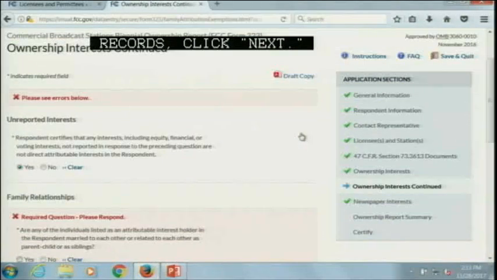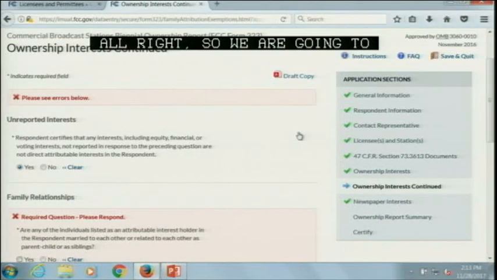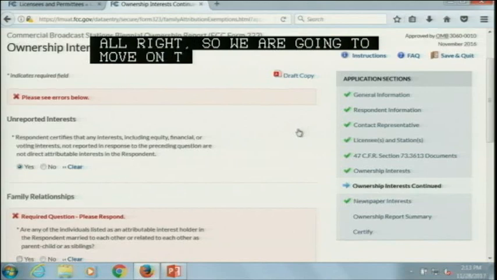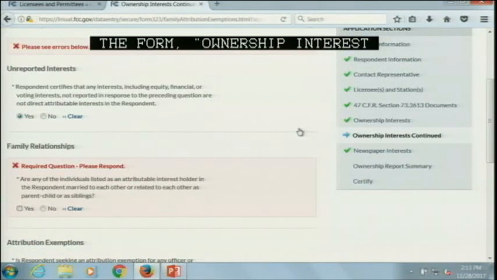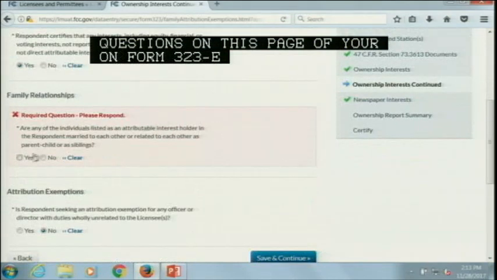All right, so now we're going to move on to the next section of the form. Ownership interests continued. Other than the family relationships question, the questions on this page also appear on Form 323E, and Jessica already covered them in her presentation. If you need to add a family relationship, select yes to expand